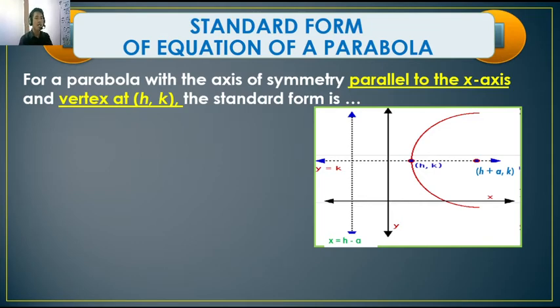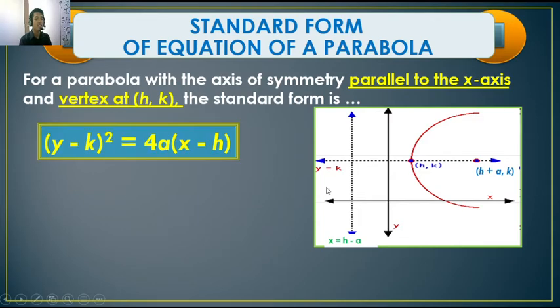Now, for the axis of symmetry parallel to the x-axis, the parabola opens sideways. Okay? So the formula that we're going to use to find the standard form equation of a parabola,